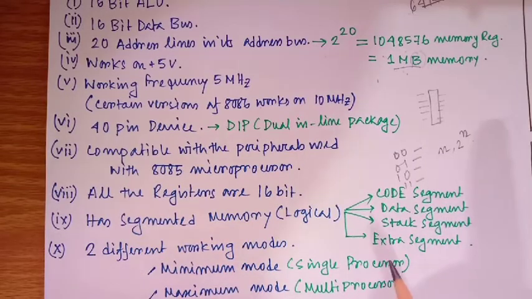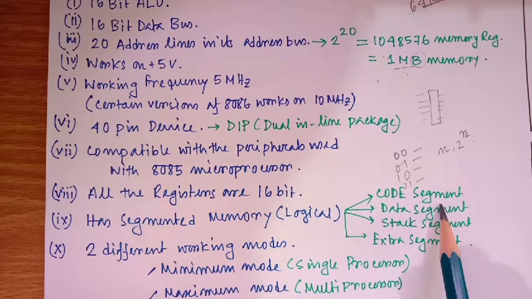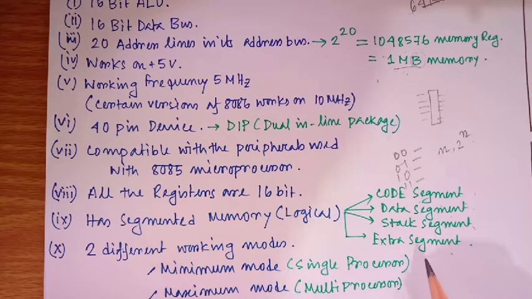That particular part of the memory which is used to store the program, that means the code itself, is called code segment memory. Similarly, that segment of the memory which is used to store data is called data segment memory. Another segment of the memory which is used to implement the stack is called stack segment. Now the extra segment, as the name suggests, is an extra one. This is used normally to store data also. So in a broader sense, extra segment memory is somewhat similar to the data segment.